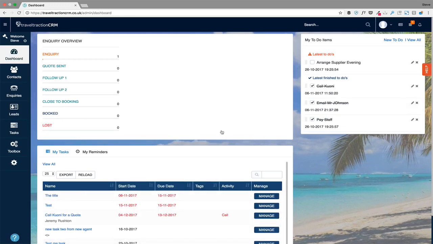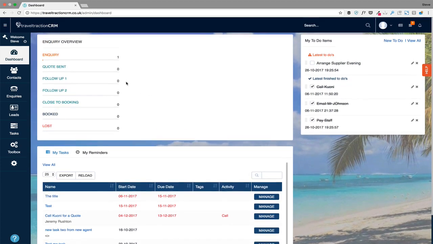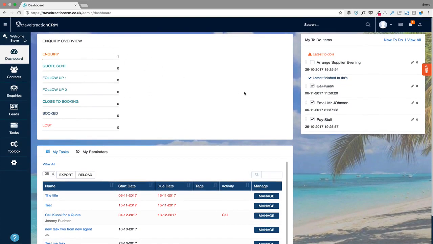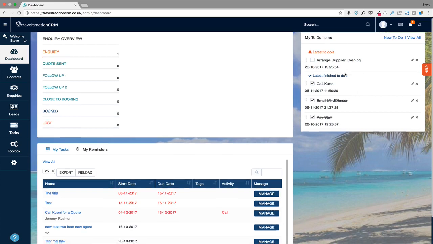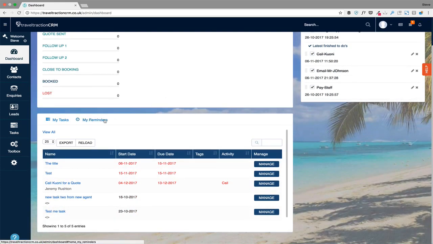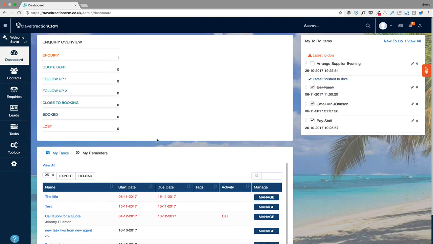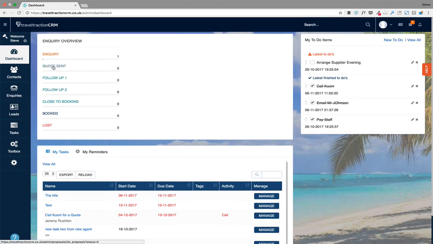When you first log in to Traction CRM, you get to your dashboard, and as you'll see on the dashboard here, we have an inquiry overview on the left, to-do items on the right hand side, and then tasks and reminders below. If you click on any of these, it'll take you directly to the inquiries, and we'll deal with that in a future video. But just to give you an overview of what we have within the CRM,